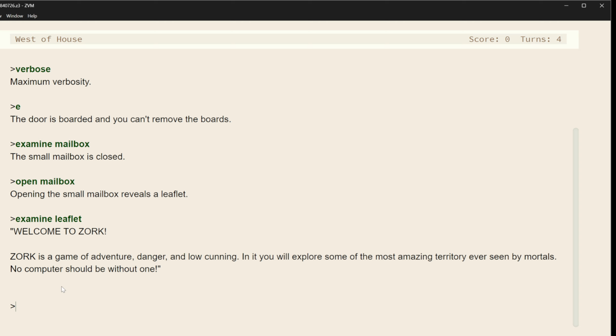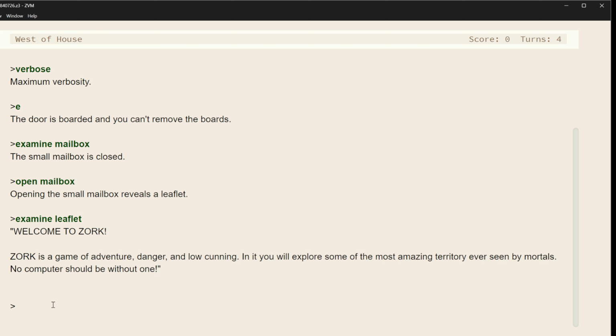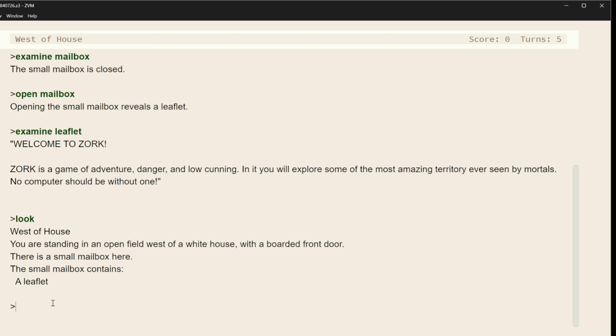As an interesting bit of trivia, in the old mainframe game, version information was tracked in this leaflet. Or no, that's not true. But it talked instead about a self-contained universe and some other items. Version information was actually tracked on a newspaper that was on the doorstep. Another common command is look, which can be abbreviated as L.